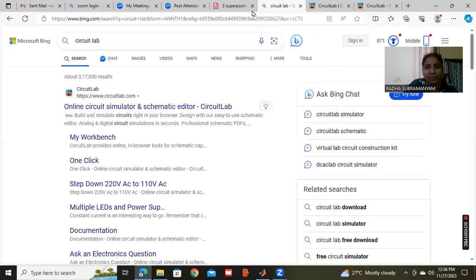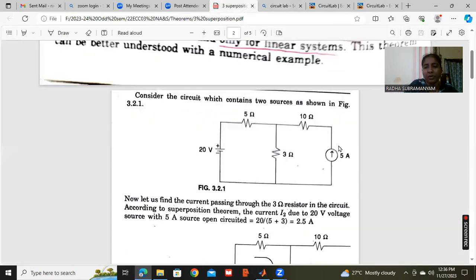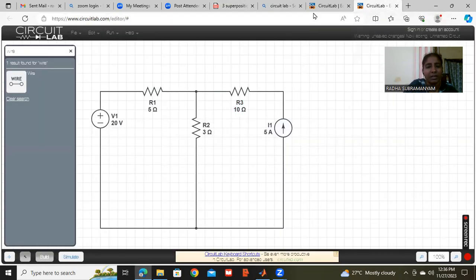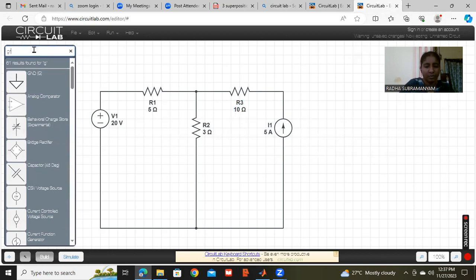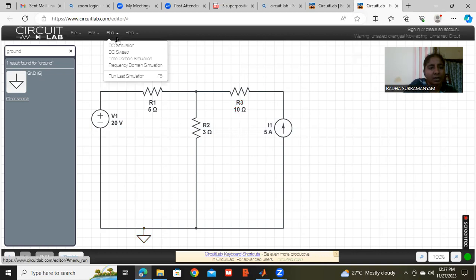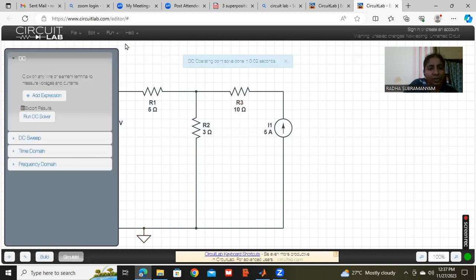These are the values in the circuit diagram. You can see this diagram I am trying to draw. 5, 10, 3 are the resistor values. Left side 20 volt, right side 5 amperes. These are the elements in the circuit. Now I will go with ground connection. Double click and take it, connect on the bottom. Now give run DC simulation and then